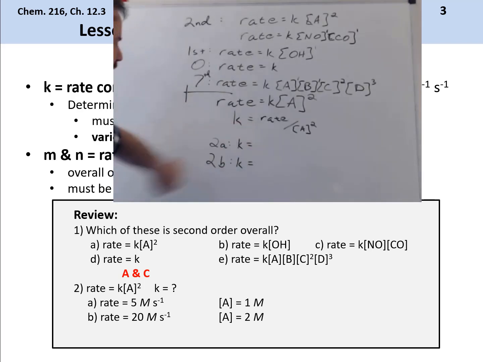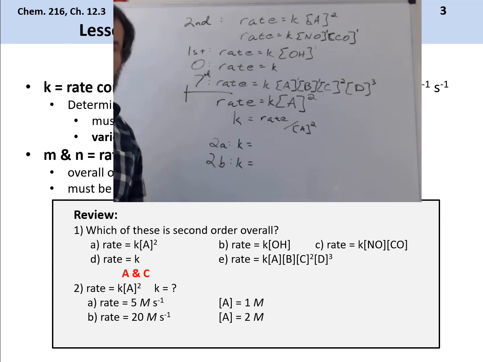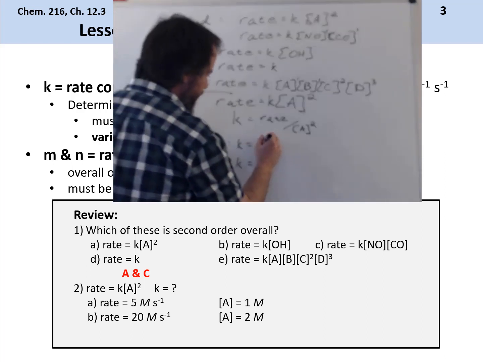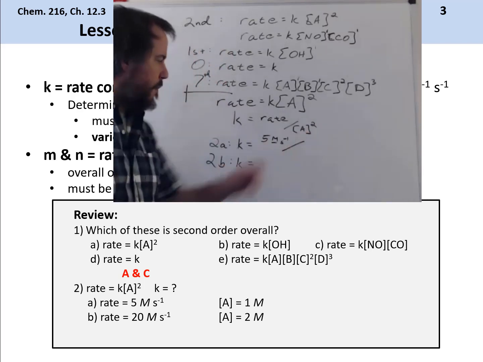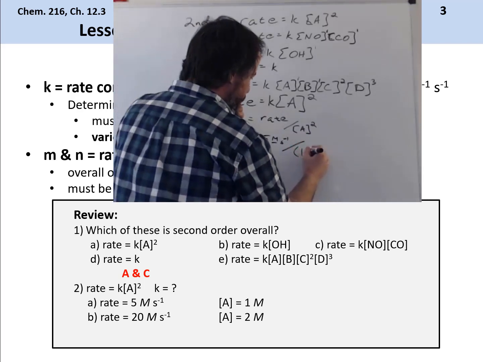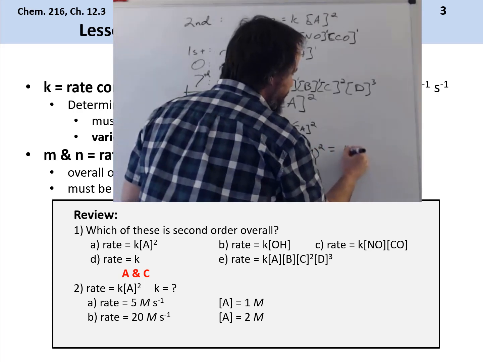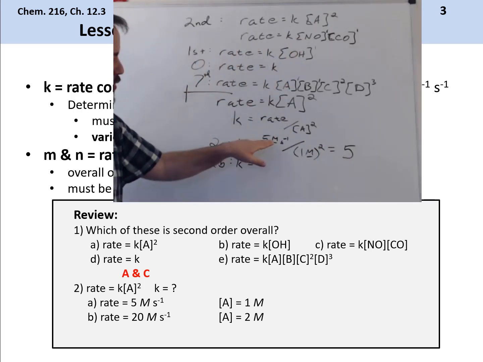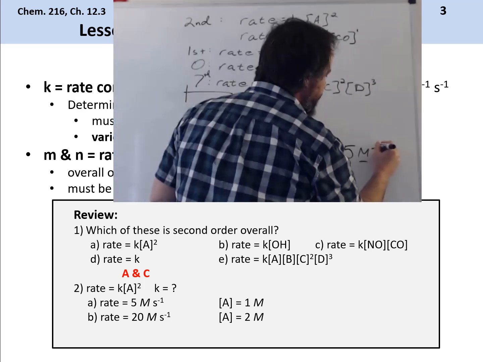So if I want to find k, I can rearrange this such that k equals rate over [A]^2. So now I can plug in 5 molar per second. My concentration of A is 1 molar. I'm going to square that. That's going to get me 5. Notice what happens with the units. Molar over molar squared, that's going to get me molar to the -1